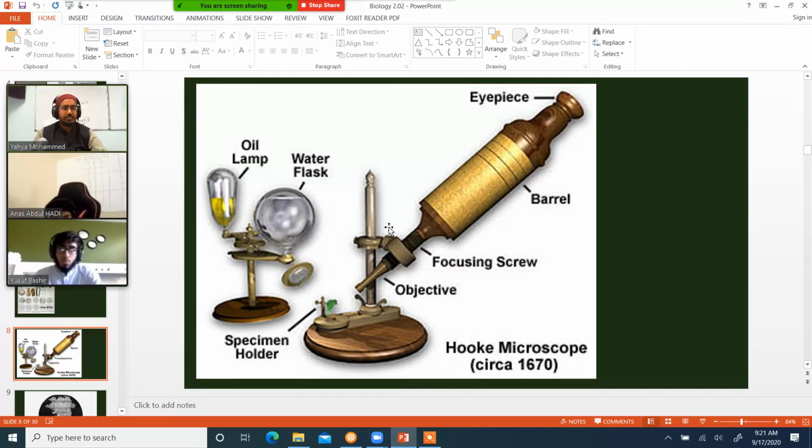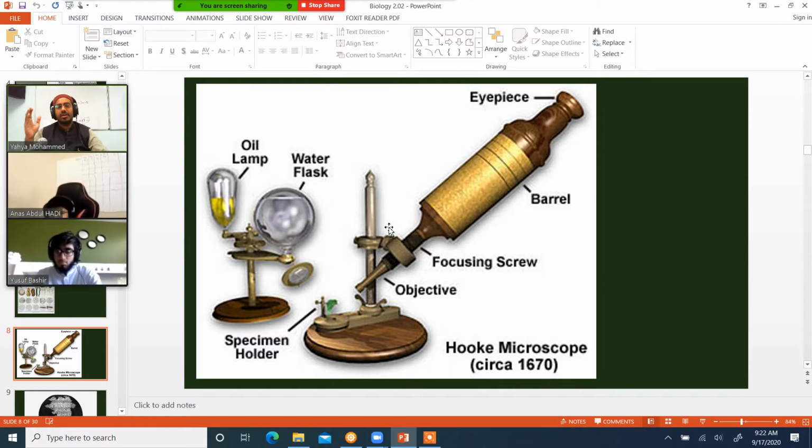Hmm? Which thing? Small thing. Okay. What do you think? I think this thing has more lenses. Mhm. Okay, good. All right. So Yusuf, what do you think? I think this thing has more lenses. Hmm. Yeah. And Anas, what do you think? This has a better focus. Hmm. So overall the construction is probably better, right?